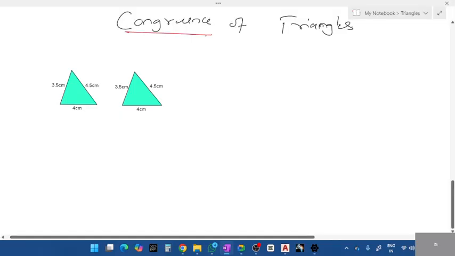Okay, the meaning of congruence. What do you mean by the word congruent? Delicia? Is Delicia online? Yeah, what's the meaning of congruence? Congruent meaning is same. So when it comes to congruence of triangles, can you see I've put two pictures here,